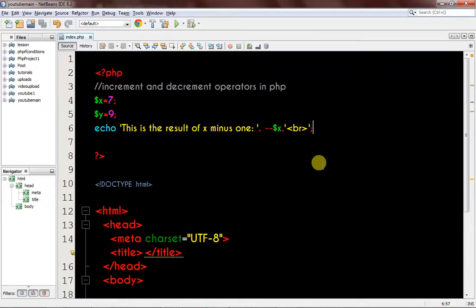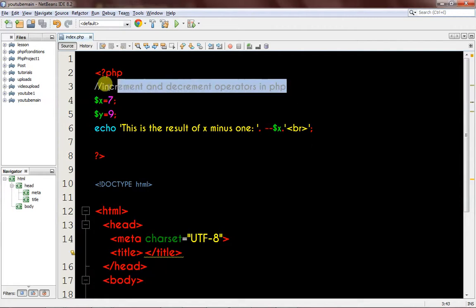In this tutorial, we are going to be talking about conditional operators or statements in PHP. There are several conditional operators in PHP. We are going to be talking about the if statement, the else statement, the else if statement, and then the switch statement in PHP. So up here, let me just change the topic to